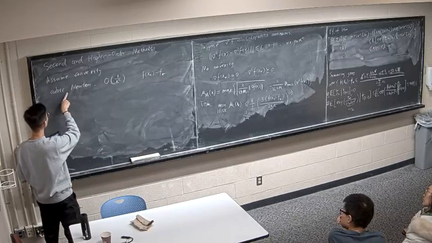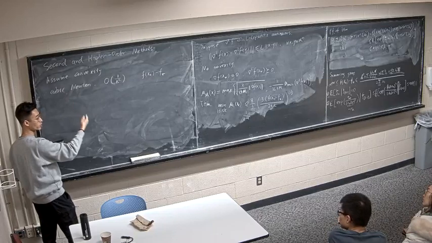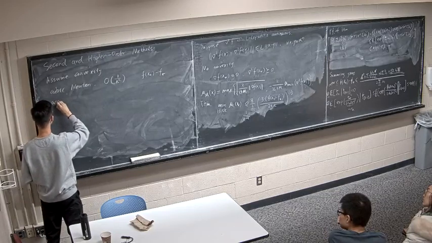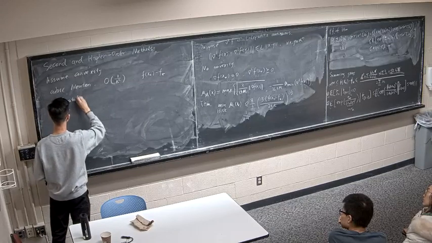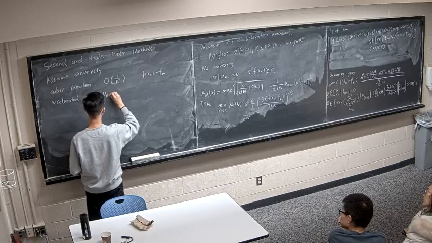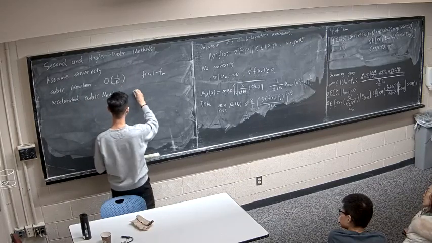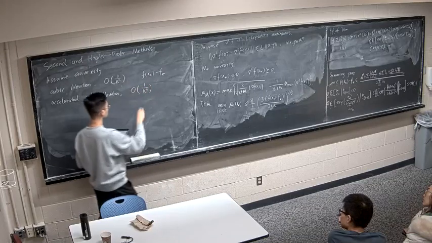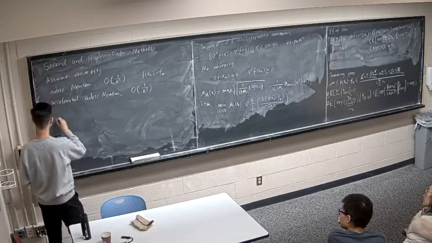And cubic Newton can also be accelerated, just like the gradient method. You can do acceleration, but it will be more complicated. Then for the accelerated version, you can improve this rate to be 1 over k cubed. But this is not optimal, because the lower bound